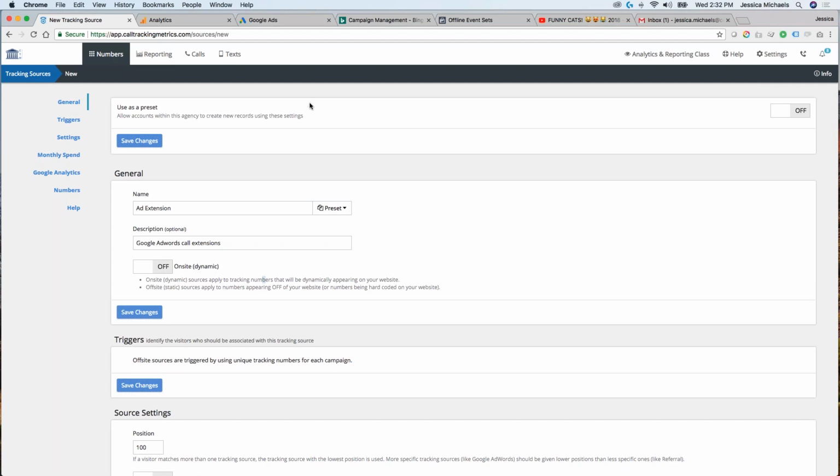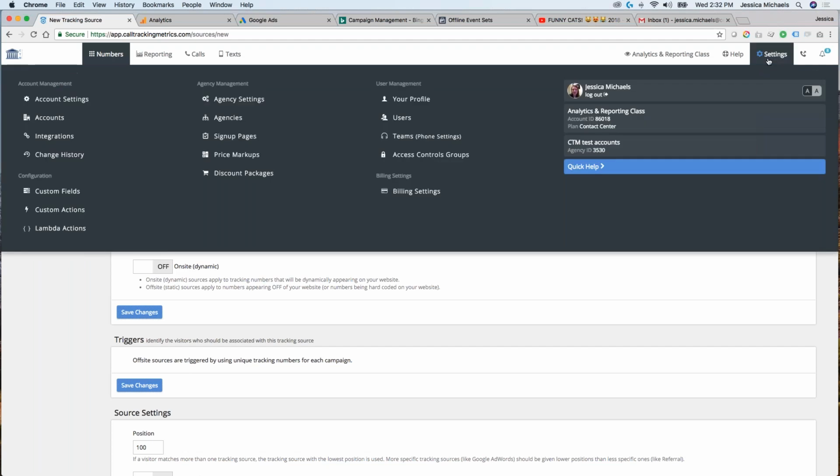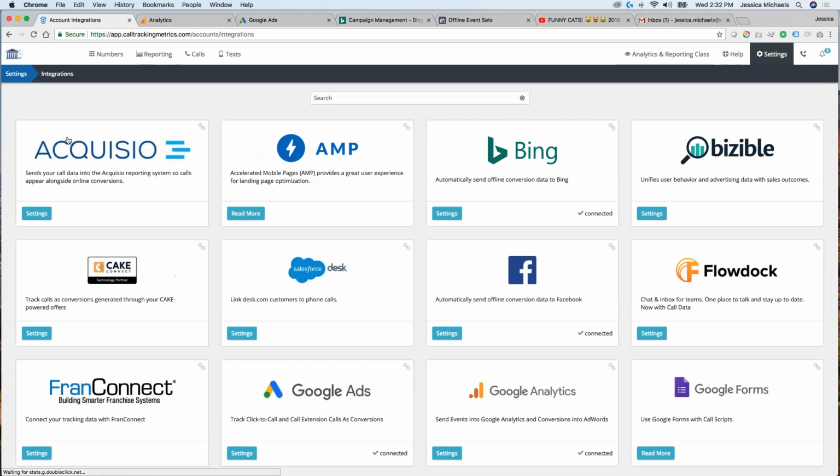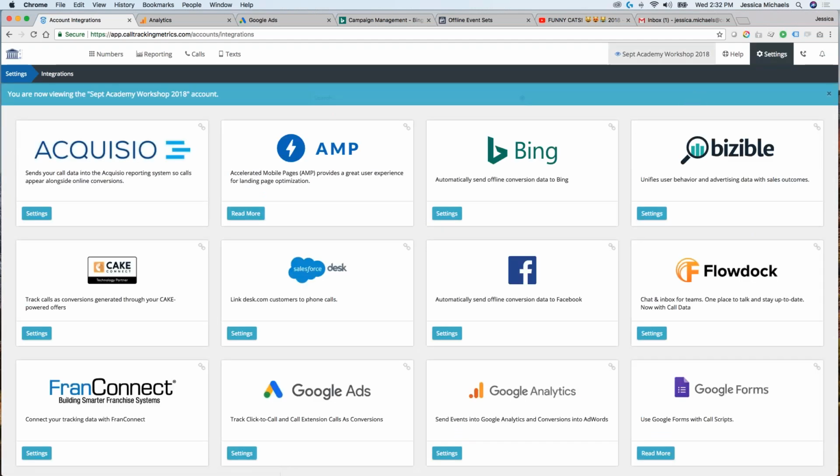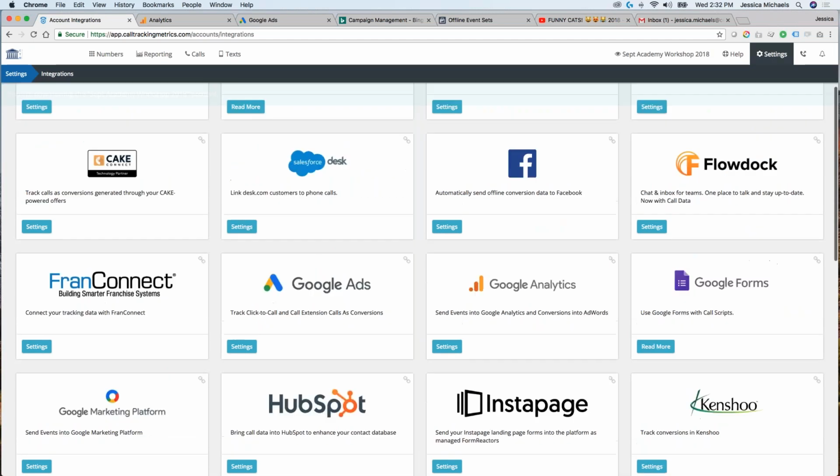Okay, so next let's go in and look at how we configure the settings for our analytics integration. So to do that, we're going to head to our settings tab, integrations. I'm going to hop back into my class because now we want to set it up.